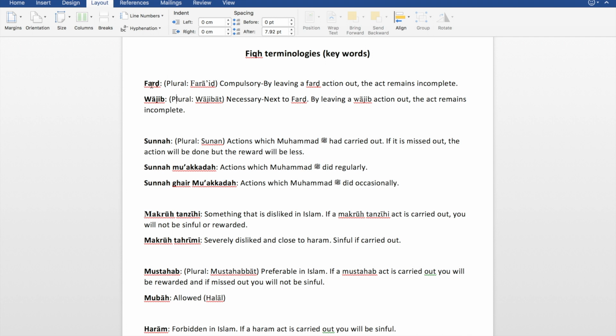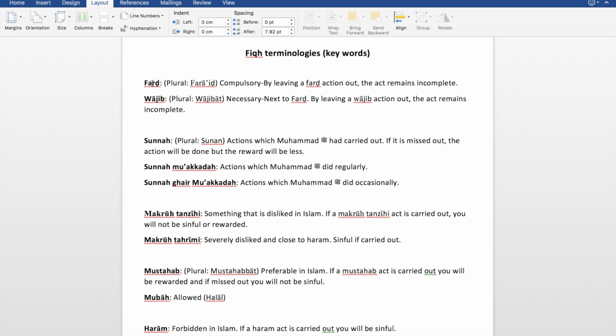So this is why you need to know all of these words perfectly. You should know what all of these words mean. These are very important, so you should know them inside out. Okay, so let's start. Let's go through these words. Some of them you'll know already because they've come up in the wudu words, and a few you may not know. But nevertheless, you have to know all of them properly. And you should try and know the singular and also the plural as well. Okay, so now let's go through it.